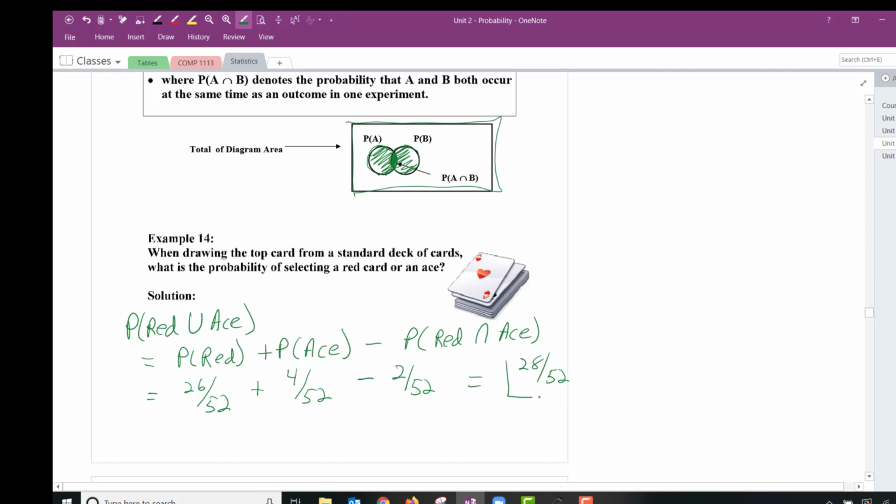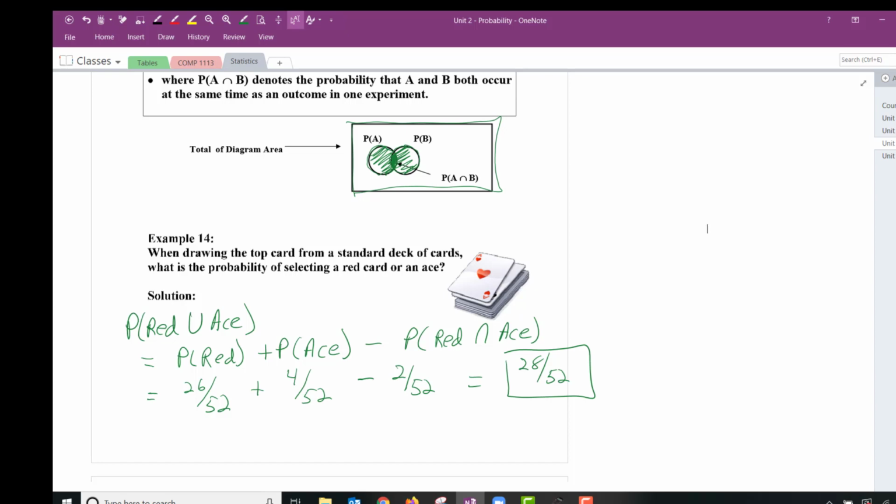You can leave your answer like that. You don't even need to reduce the fraction. In fact, I almost prefer if you don't reduce the fraction, because then I can sort of see where it may have come from. I'm not sure why we force everyone to reduce fractions. I can divide 28 by 52 on my calculator just as fast as I can divide 14 by 26 or 7 divided by 13. So yeah, reducing fractions, I'm not sure why we do that, so why we drill that